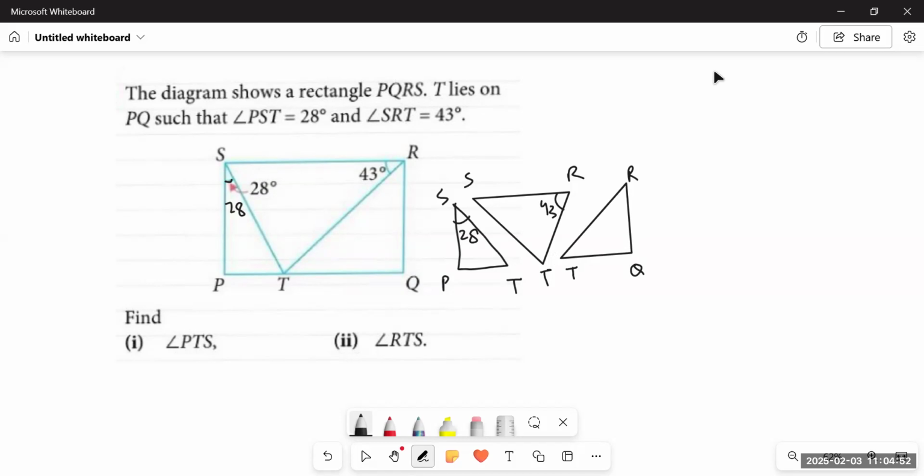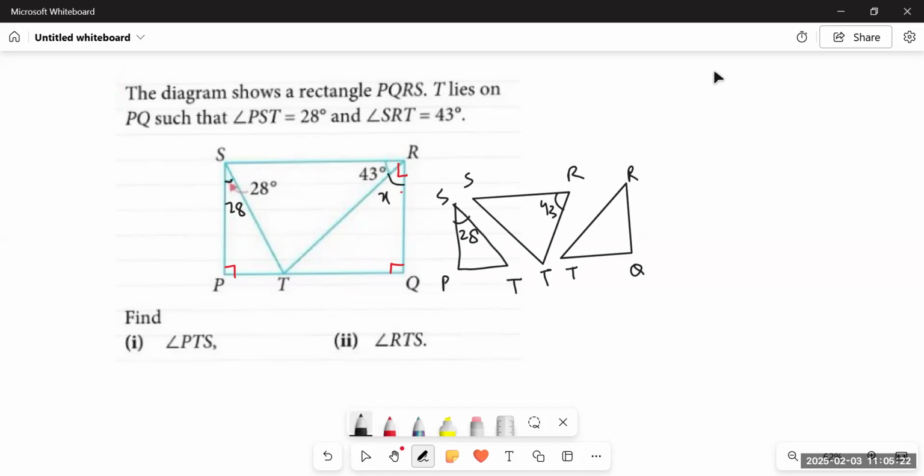But even before proceeding towards the actual question, let us revise some of the properties of rectangles that we know. All the corners, all the vertices of a rectangle, all the angles of a rectangle are 90 degrees each. It means we can say that angles SPQ, PQR, QRS are 90 degrees. Since this vertex R has been split by a diagonal line over here, this angle has been split into two angles. So the sum of these two angles would be 90 degrees.